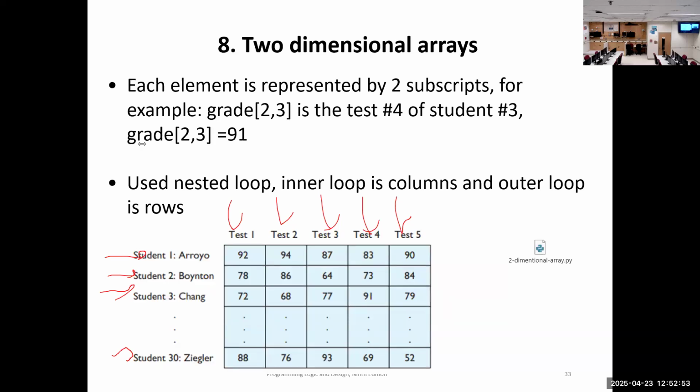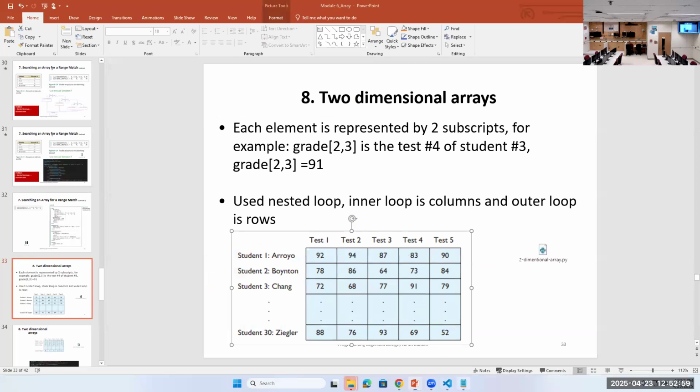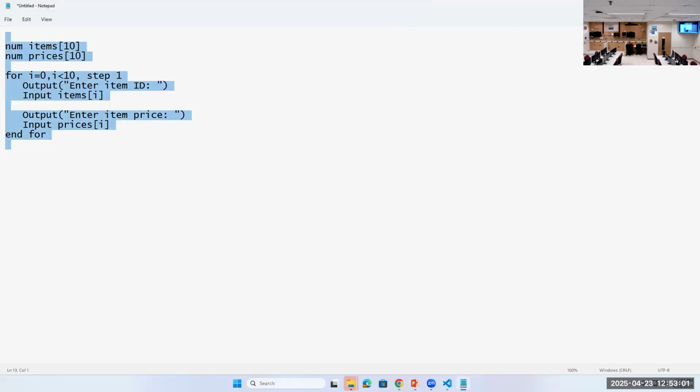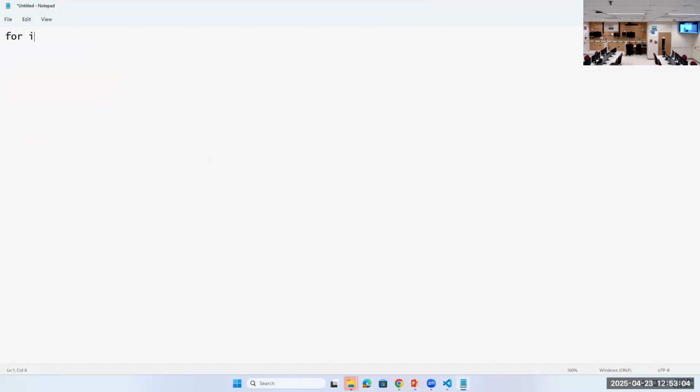Now let me show you how to write the program in the pseudocode here. I think about I have one student only, right? To make it simple, I have only one student here, so I have for I 0, I less than 5 and step number 1, right? So I want to start here. I want to output